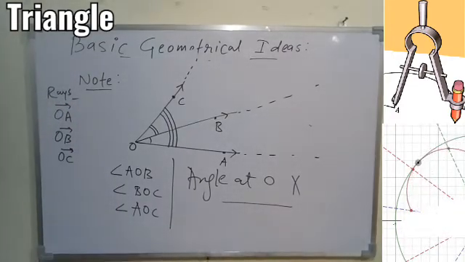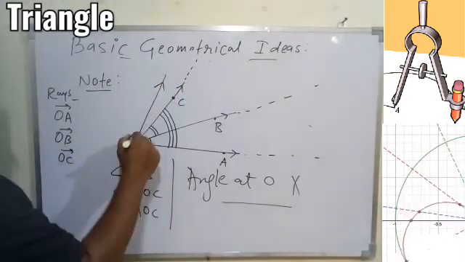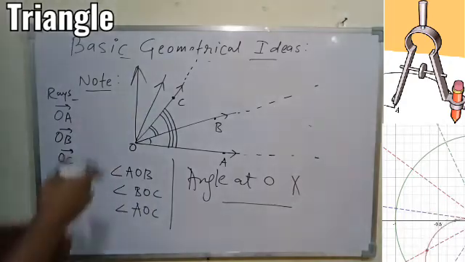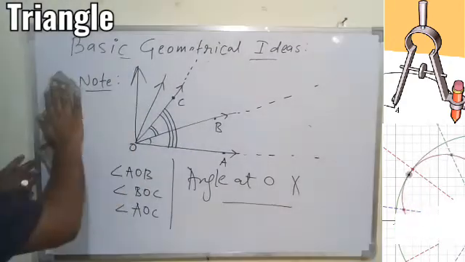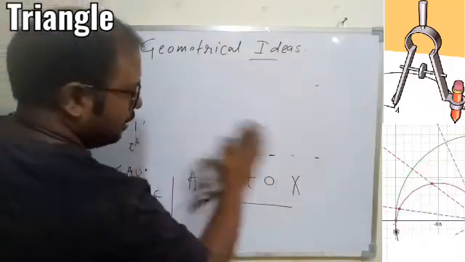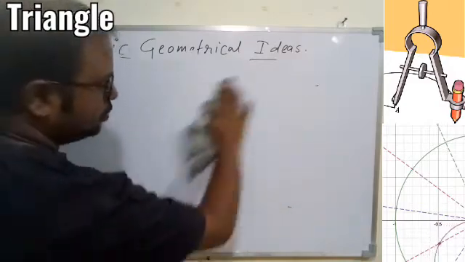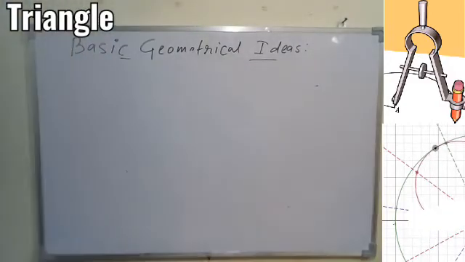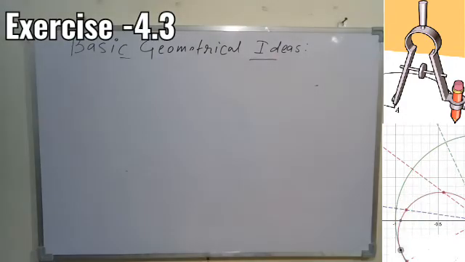So it is possible that at the same point, many rays can have a common point, and based on that, you can see how many angles will form. And you must try yourself. Okay. So that is all we have today based on the concepts. Now we'll do one question from exercise 4.3 and 4.4, and then the rest you can do as homework.